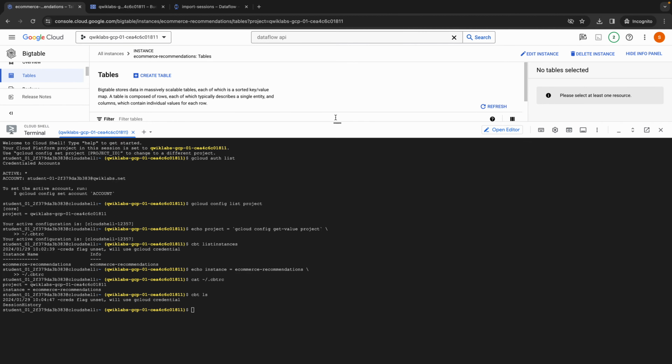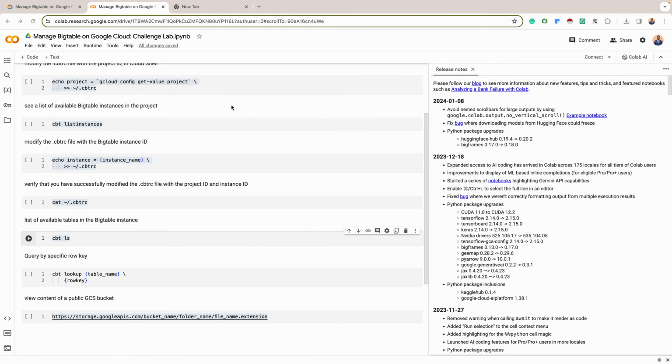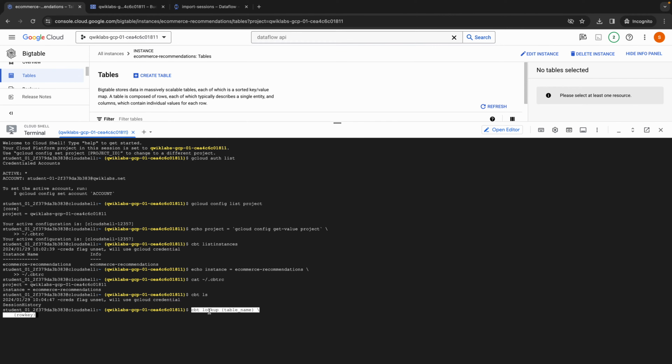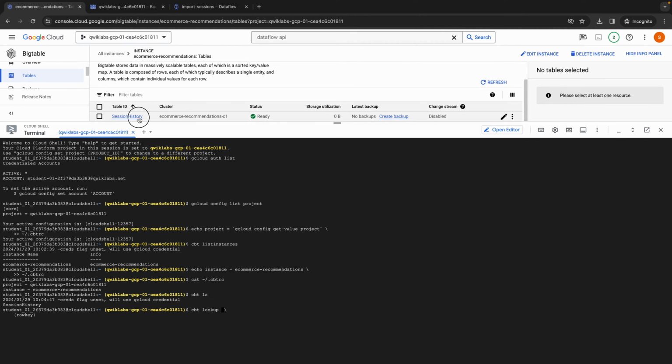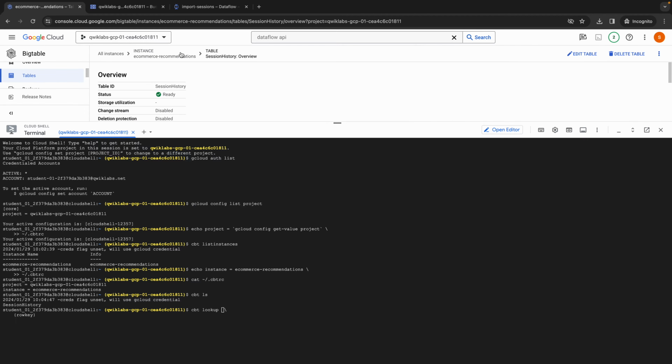So let's query our table. Let's be sure that the data that we actually loaded got into the final destination like we want. So grab this command here, paste it here. Then we are going to replace our lookup table name with the table name that we're interested in. Our table name here is session history. We can just grab it from here, copy our table name, session history, and paste it here now. So after pasting it here,